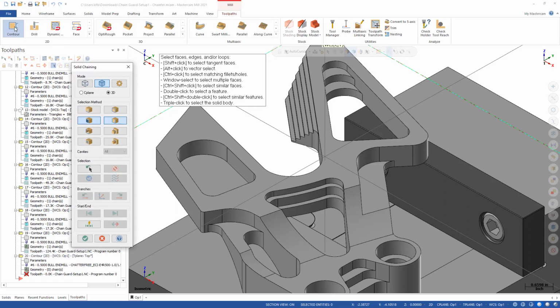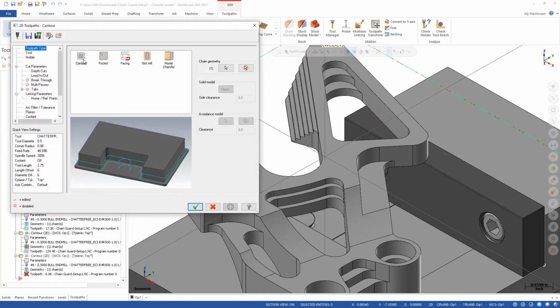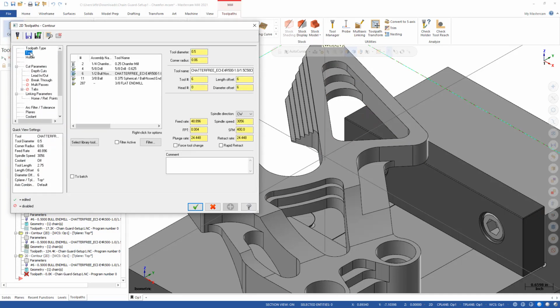And inside the contour toolpath, there's actually a chamfer function. So we'll change this back to loop, and I'm going to select this edge here and this edge here. And again, this is a contour toolpath. So besides choosing the tool, in this case a chamfer mill, and calling this standard chamfer,